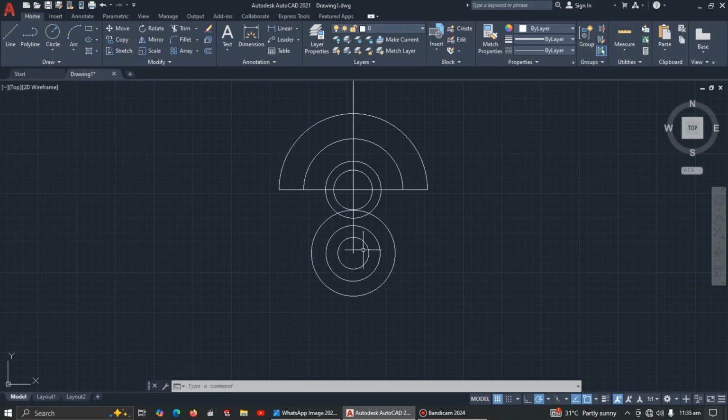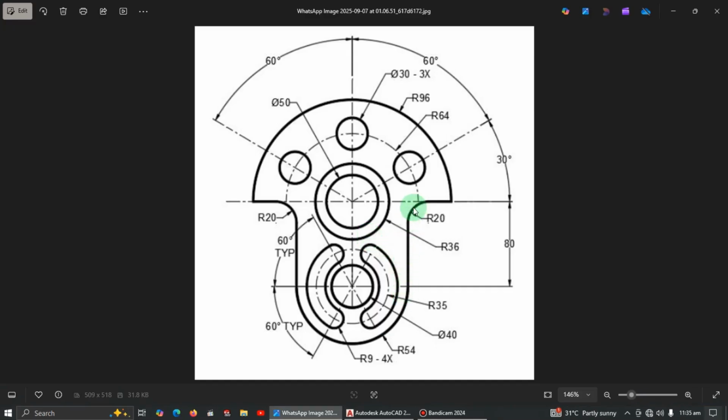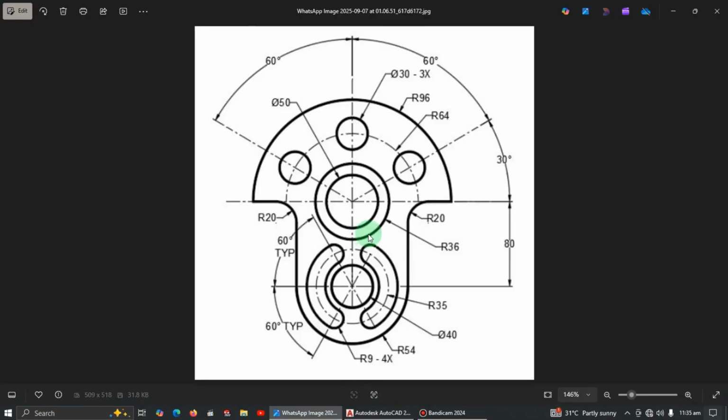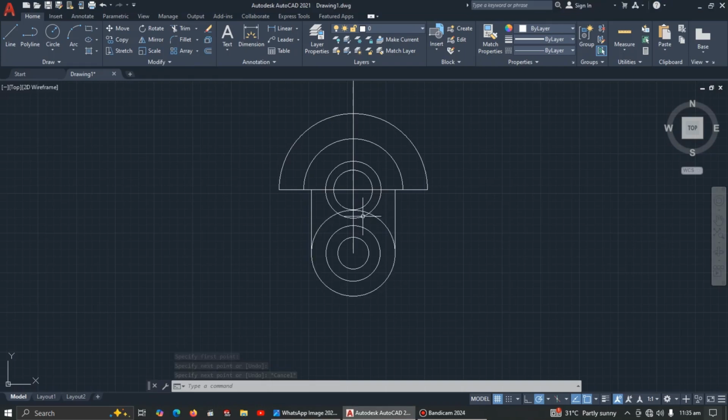Now I'll draw a line vertically up. Watch this one to meet this. Okay, so pick a line command, then from the quadrant move up, repeat by pressing enter, then here you move up. All right, so at this point you could see there's a fillet here of radius 20, so you could just use the tan radius or the fillet command. Let's try the fillet command. Select radius, enter 20,